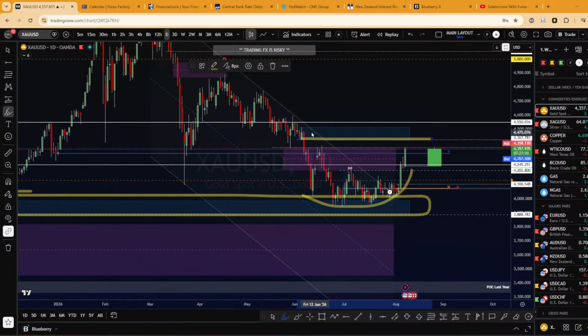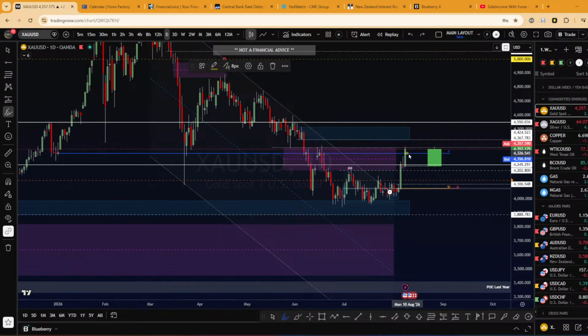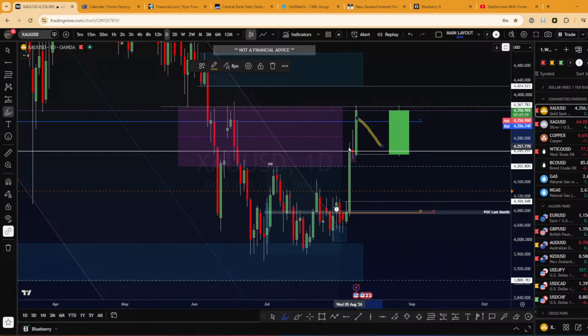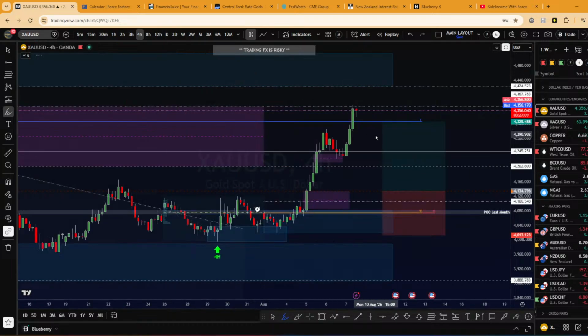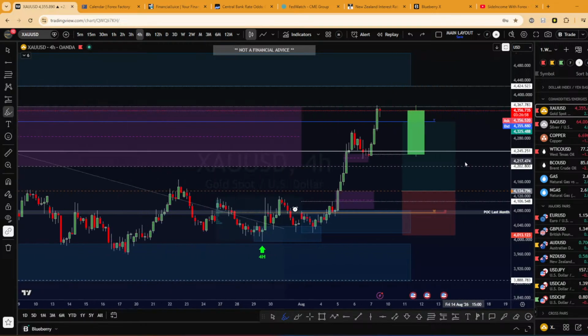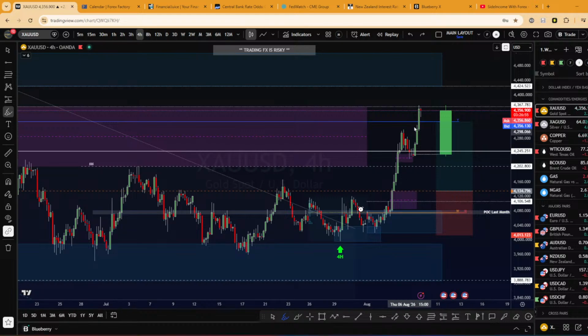So I mentioned this supply zone where we could potentially target, but buying here is overbought for me. I don't want to buy here. At least I want to see maybe next week a retest around this level, and then I will buy again. But right now I'm staying out, at least for this week. I have to respect my plan and wait for the next week. It's not interesting anymore, at least today for me.